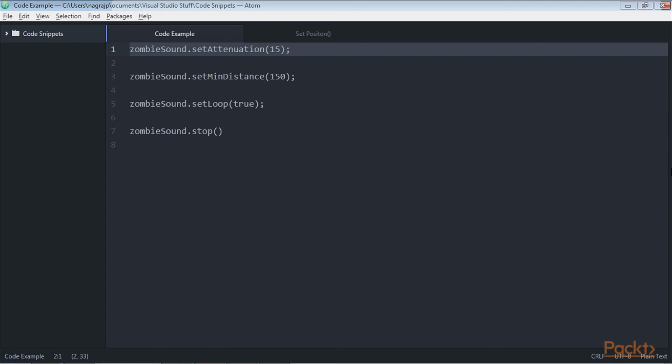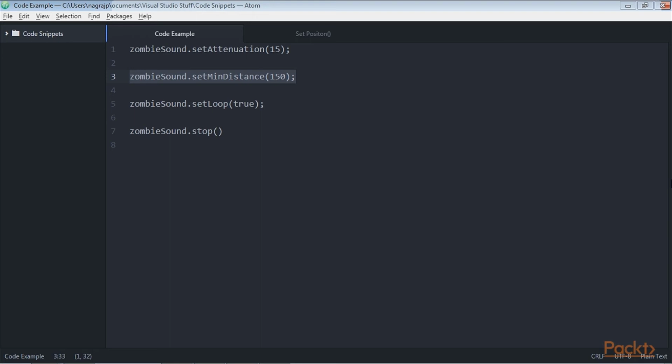Also, you might want to set a zone around the emitter where the volume is not attenuated at all. You might do this if the feature isn't appropriate beyond a certain range, or you have a large number of sound sources and don't want to overdo the feature. To do so, we can use the setMinimumDistance function as shown here. With this highlighted line of code, attenuation would not begin to be calculated until the listener is 150 pixel units